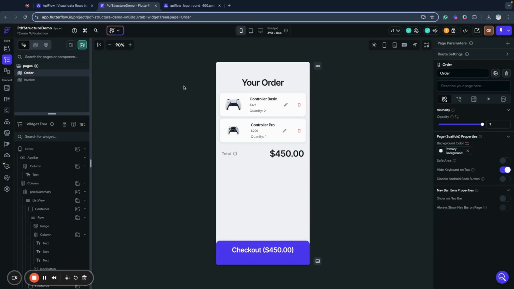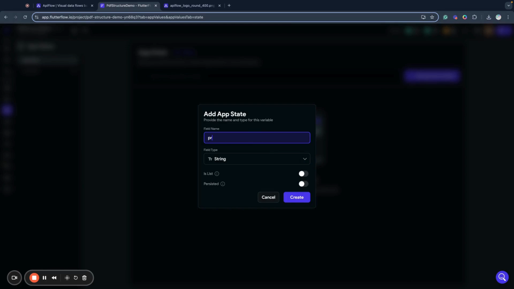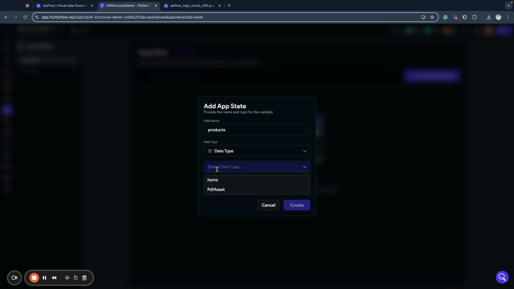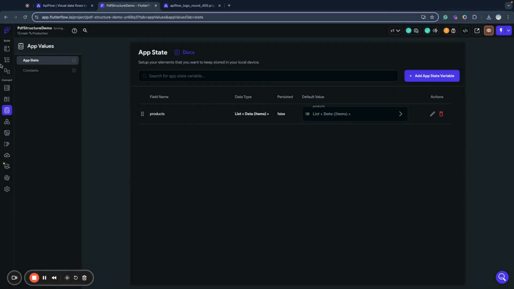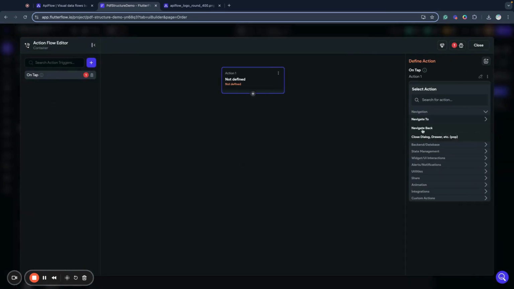But here is the main trick: as I do the demo, I will create it step by step manually, but usually you will have some storage where you will store your data, so you need to use data from that storage. I will use app state to save my list of products. I will name it products, and just to simplify this demo, I will use items data type, and this is a list. So I will create a list of products, and from here, when I click checkout, I will update